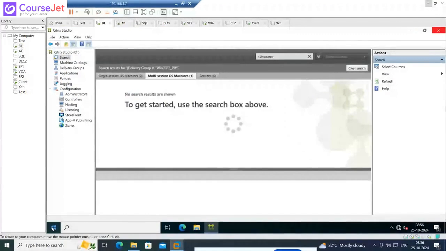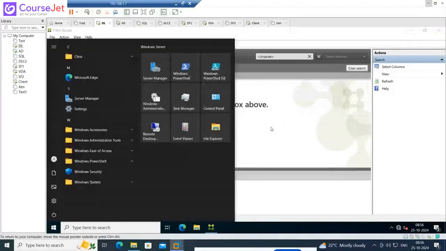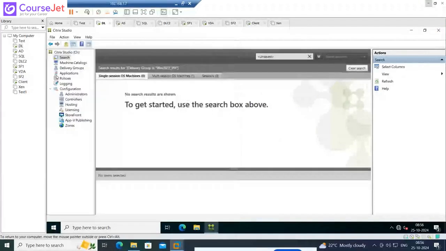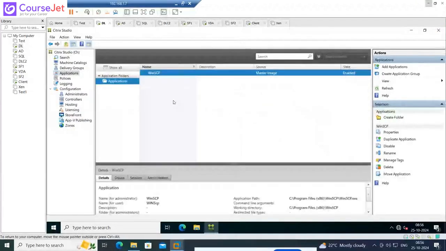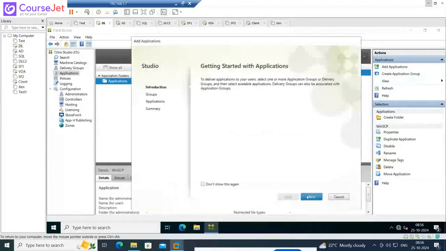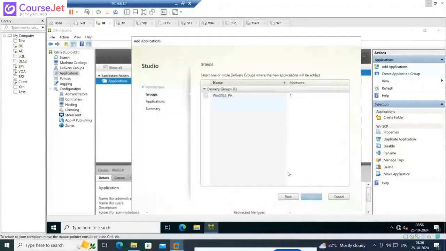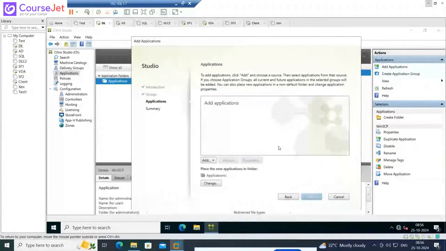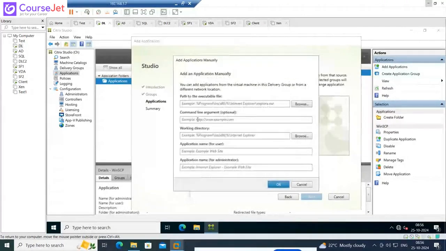Okay. So this is the basics of how you create an application and how you deploy the application. There is one more option which we will try to see. Choose the delivery group. So the command line parameter, how it is used. For this one, we'll take a